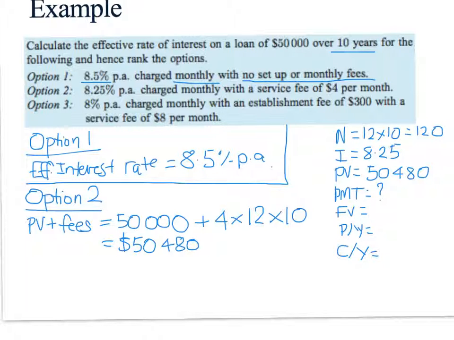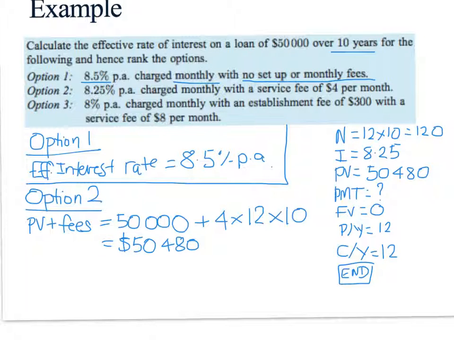Our future value, any guesses? We're working with loans. What happens with loans? 0. What else happens with loans? Remember beginning or end? End. So remember that you definitely want to keep having it set up on that one for these questions. And our P of Y and C of Y, monthly, isn't it? So that's going to be 12 and 12. Okay? So then we throw that into our calculator and work out what PMT is,